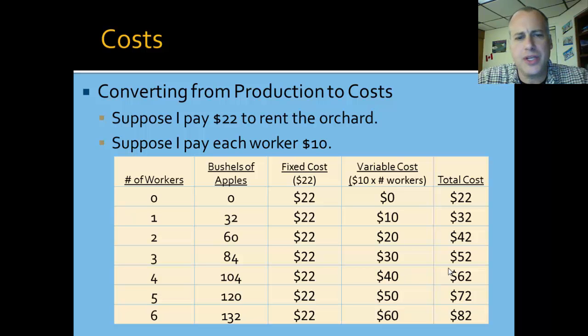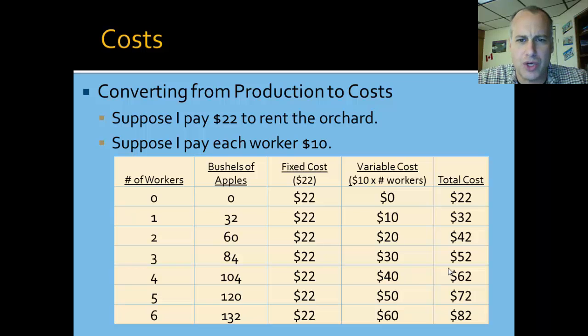So here's an example. Suppose that we are operating an orchard. We're running an apple orchard, and it costs us $22 to rent the orchard for a day. In real life, we don't ordinarily rent orchards, although some people rent agricultural acreage to farm. But think of this as the opportunity cost associated with owning the land. Suppose that the opportunity cost of owning the land is equal to $22 a day,